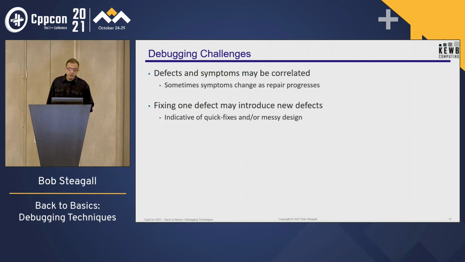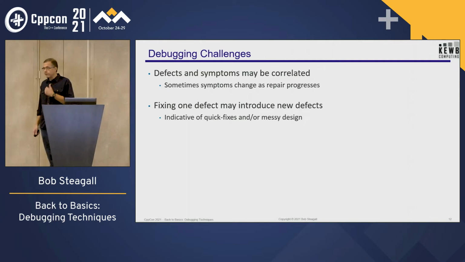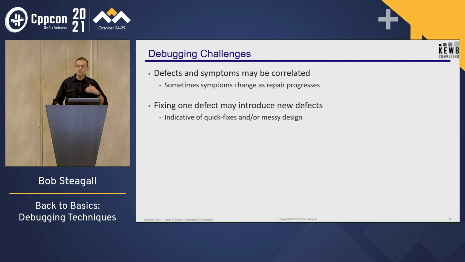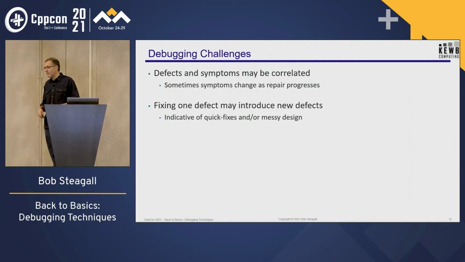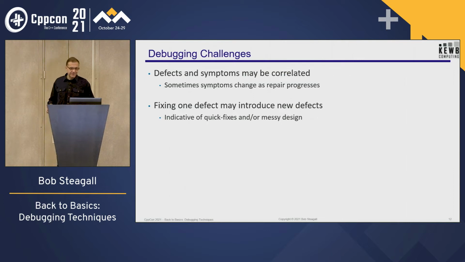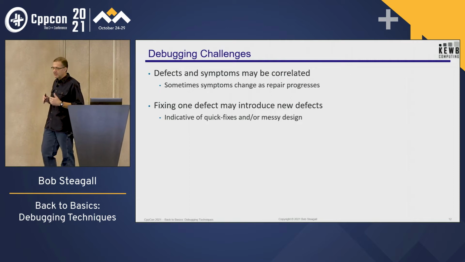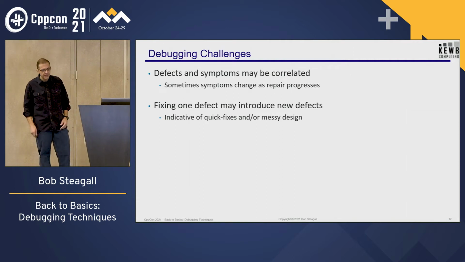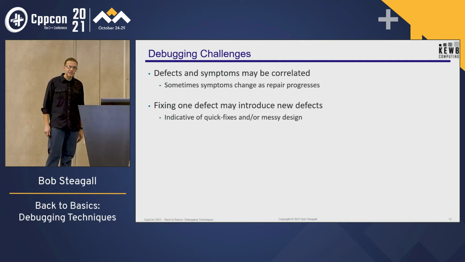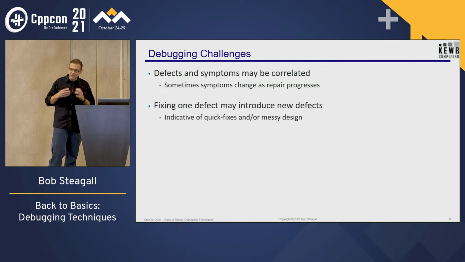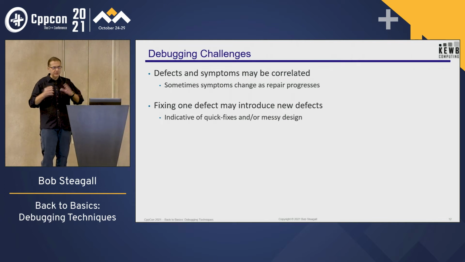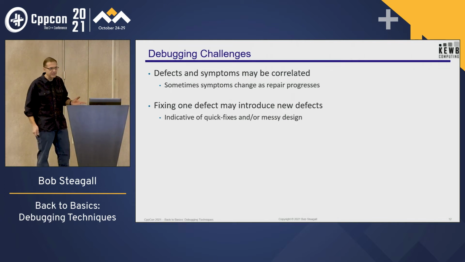And of course, we always try to avoid the case where if you fix one defect, you introduce new problems, right? And this is indicative of old code, messy designs. It's indicative of flaws in the underlying program itself. And that's a tough situation to deal with. And the best thing you can do, I think, in that case is make the footprint of the fix as small as possible so that you don't disrupt the rest of the spaghetti on the plate.